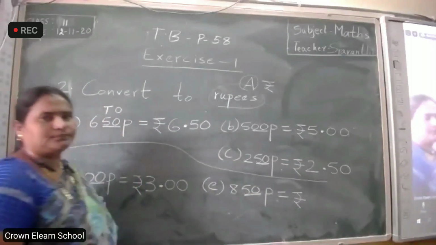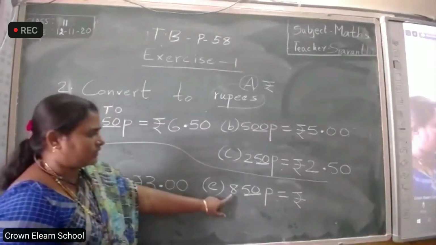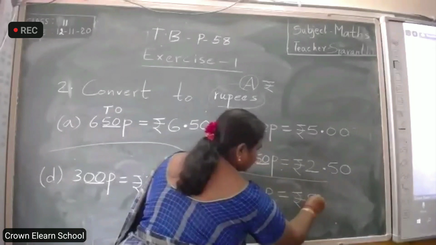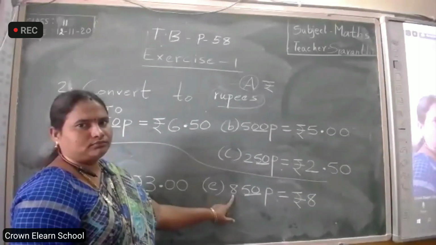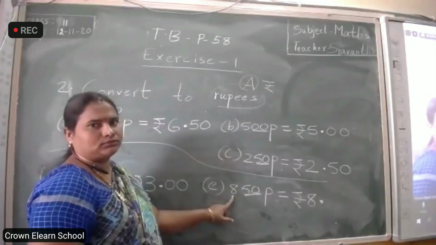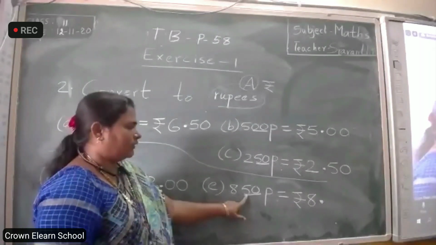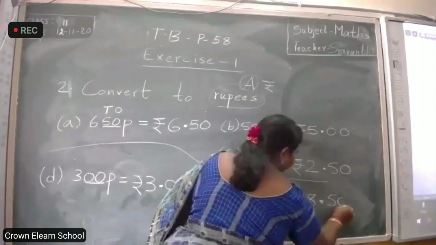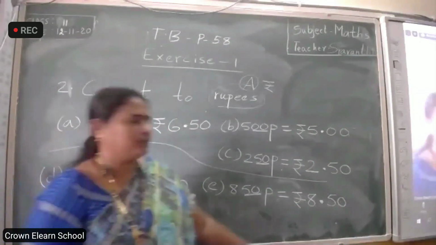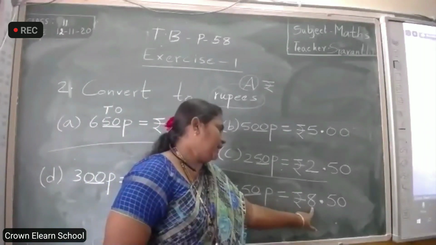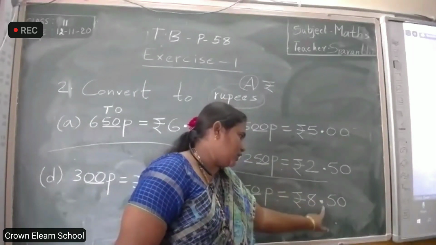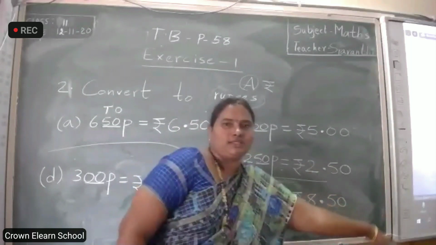Last 2 digits. And 8 is alone. We take 8 as rupees. So right here, 8 rupees. How will you separate rupees from paise? Dot. Are you following? Then 50. Ones and tens places. Right here. So we got 8 rupees 50 paise. The dot is there. This dot separates rupees and paise.